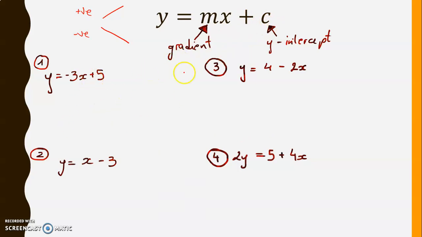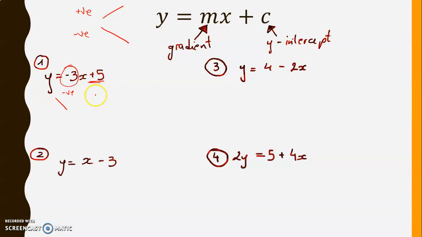So I have prepared here 4 examples. So let's get started and practice. The first one: y equals -3x plus 5. -3 here is the gradient, as we said before, the coefficient of x. It's negative, so we know straight away that the graph will be going downwards and it will be intersecting the